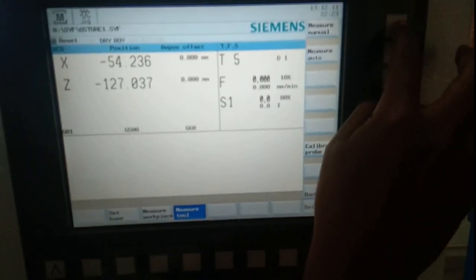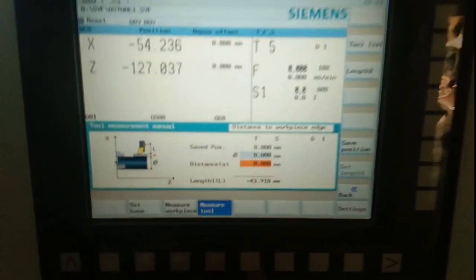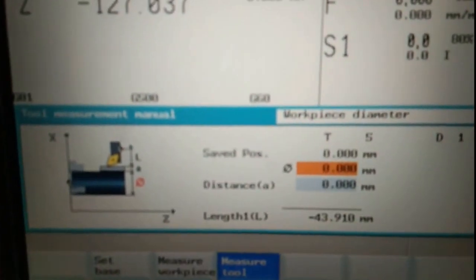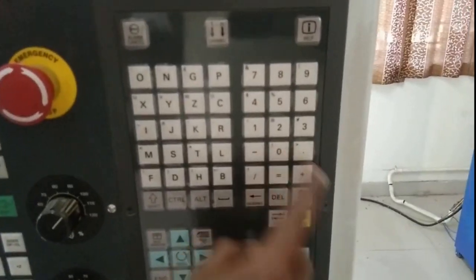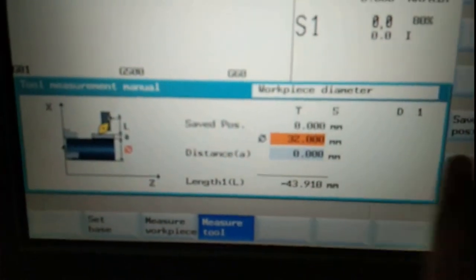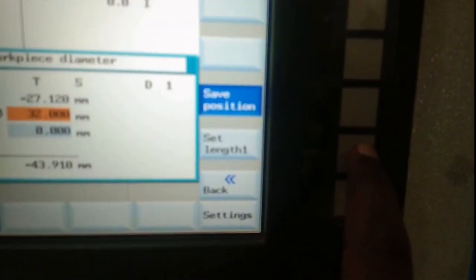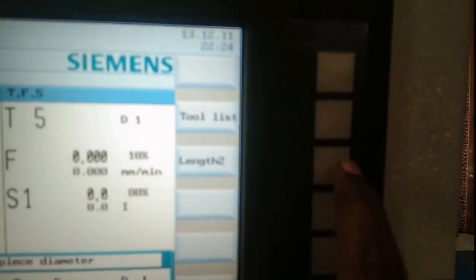From this he sets the tools with respect to the workpiece dimensions. He saved the position. He enters 32, which is the workpiece diameter. So now he saved the position of the tool in the CNC machine.